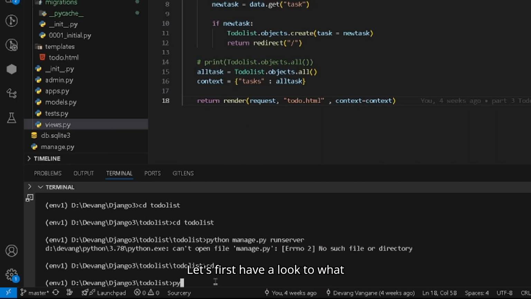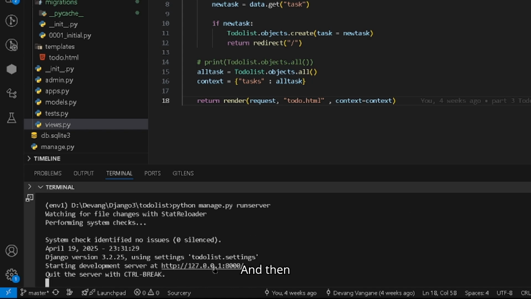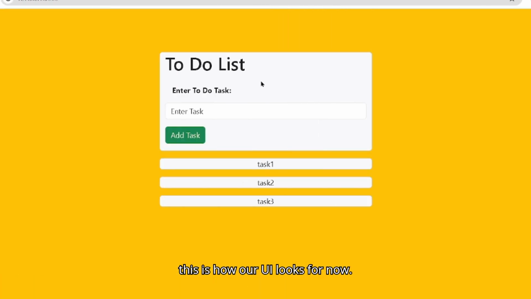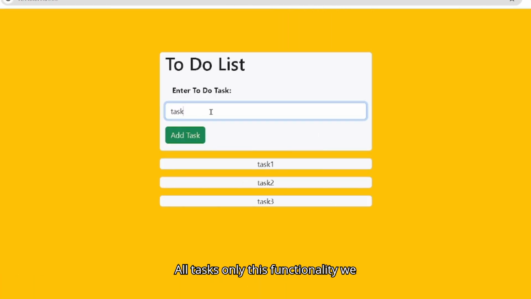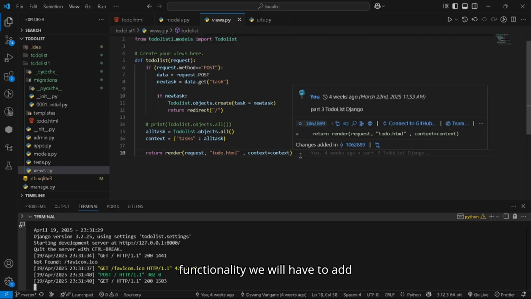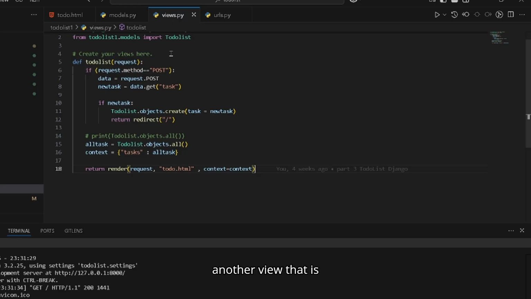Let's first have a look at what all things we have done till now. Python manage.py runserver, and this is how our UI looks for now. Our task, only this functionality we have added. So to add the delete functionality, we will have to add another view, that is